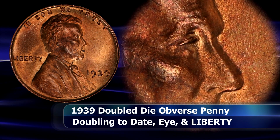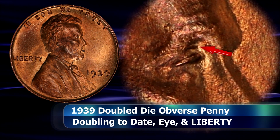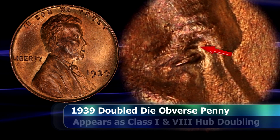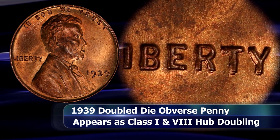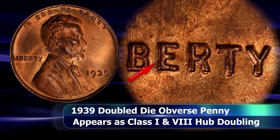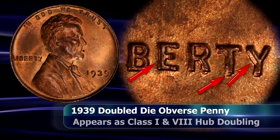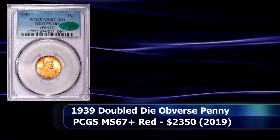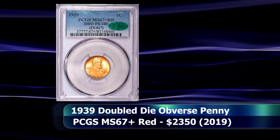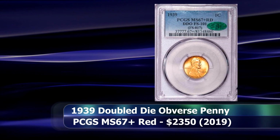Lincoln's eyelid is also doubled quite dramatically towards the north. Other places of interest include his ear, the letters of In God We Trust, and the letters of Liberty, with the doubling becoming ever more apparent on those letters as you move closer to Lincoln's bust. In 2019, a coin like this with a PCGS slab and a grade of MS67 Plus Red was sold at auction for